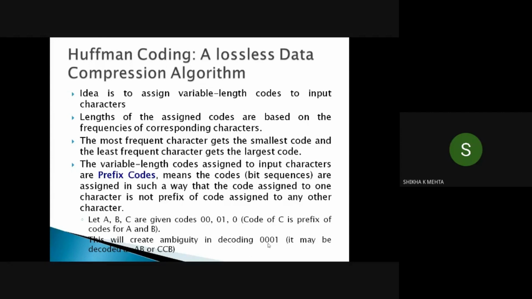So how should it be decoded? There lies an ambiguity when we are using the same prefix code. So in order to get rid of this problem, unique prefix codes are assigned when we are using this Huffman coding technique.